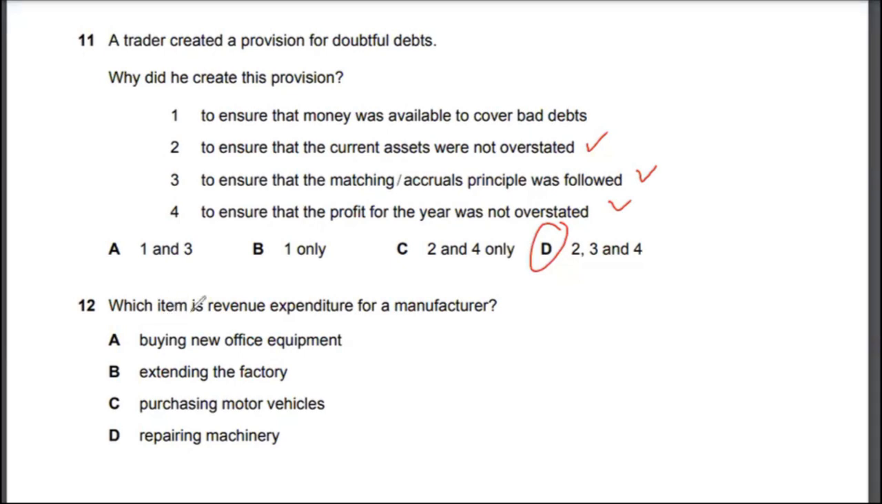Let's look at multiple choice 12. Which item is revenue expenditure for a manufacturer? You have to pay attention that it's asking from a manufacturer's perspective. Buying new office equipment would be a capital expenditure. Extending the factory would also be a capital expenditure. Purchasing a motor vehicle would also be a capital expenditure, but repairing machinery would be a revenue expenditure for a manufacturer